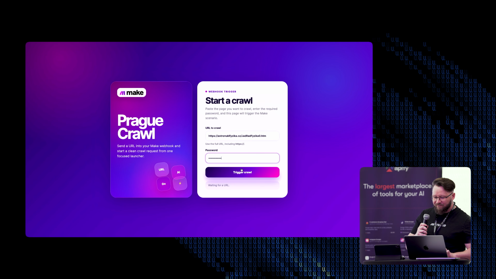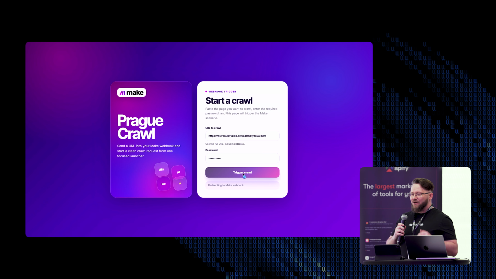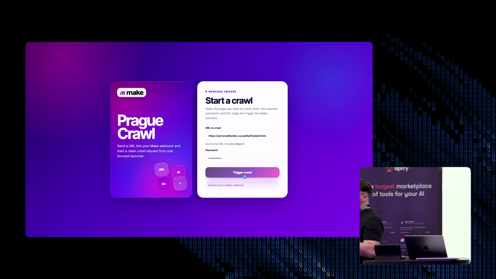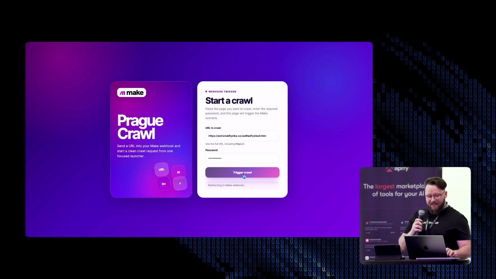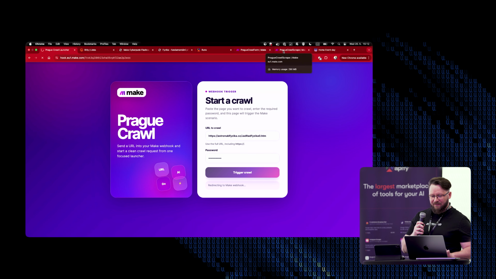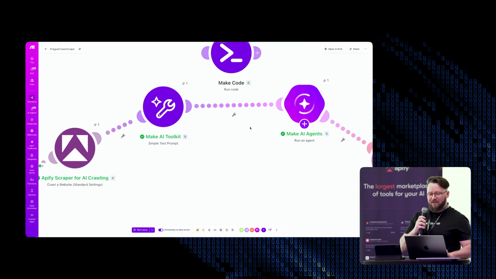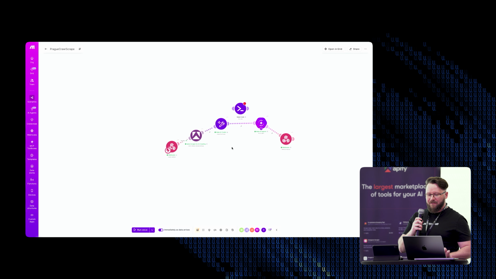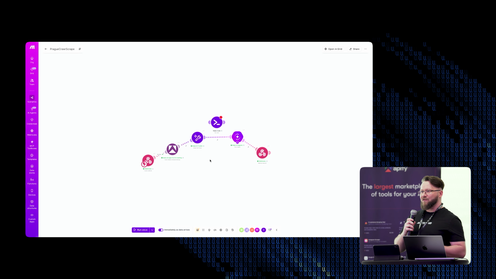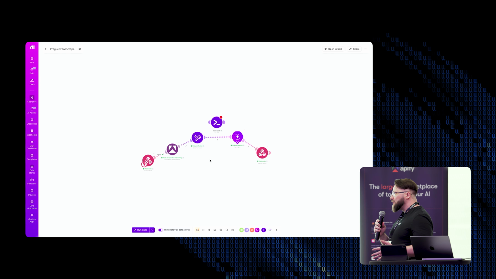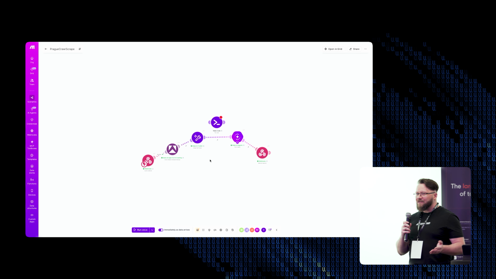Okay, so let's trigger the crawl. Right now, somewhere in the back, it is doing the crawling and the knowledge extraction. This scenario has triggered, and what it does is first scrape. And Make is not a scraper.